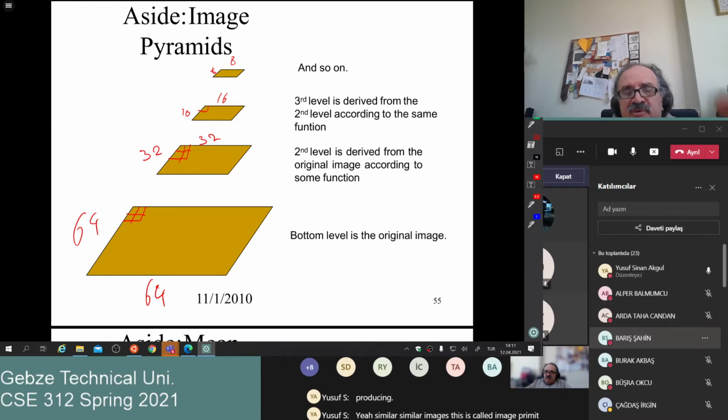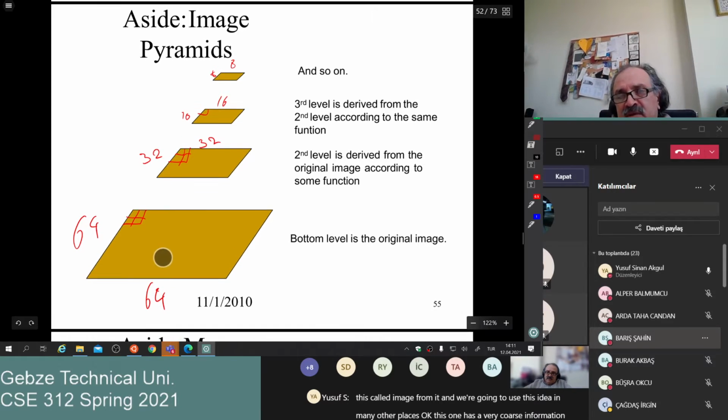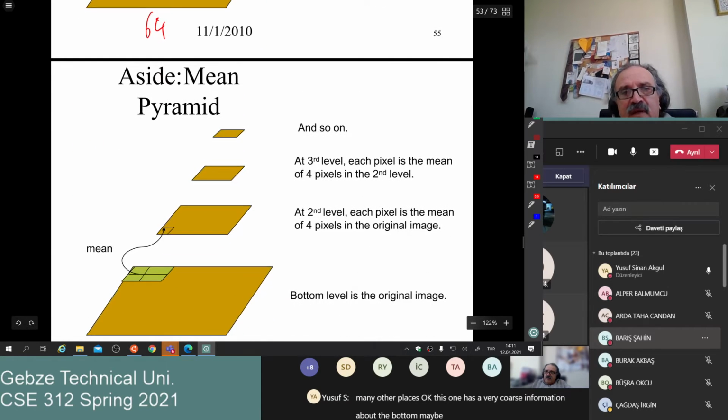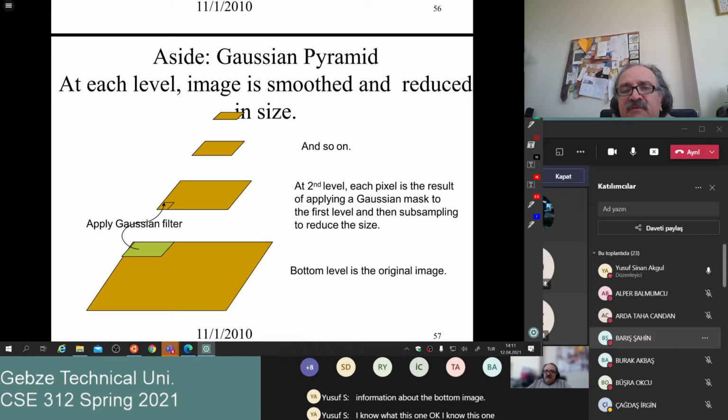This is called an image pyramid. Okay, this is called an image pyramid, and we are going to use this idea in many other places. This one has very coarse information about the bottom image. I know this one. Okay, I know this one. Before doing this,